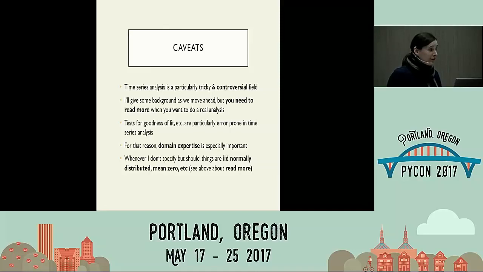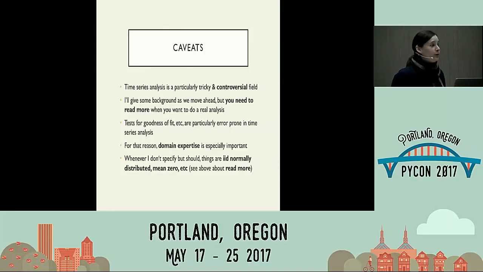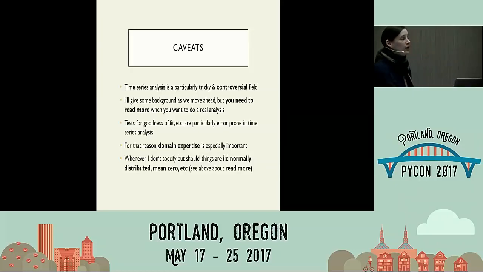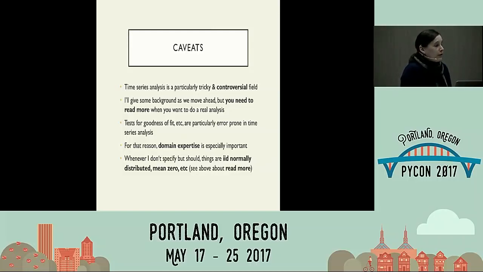Test for goodness of fit, right? There's always the caveat, right? Your AIC is never good enough, right? You are a person and not an automaton for a reason. I feel that's especially true in time series. Domain expertise is especially important. You are trying to figure out how a process is working over time. So the more context you have, the more understanding you have of your system, the better, and the better informed your models are. Nobody can fix a lack of domain knowledge.